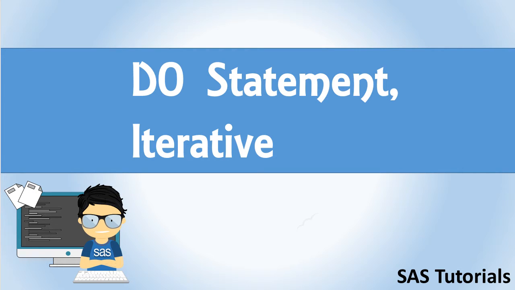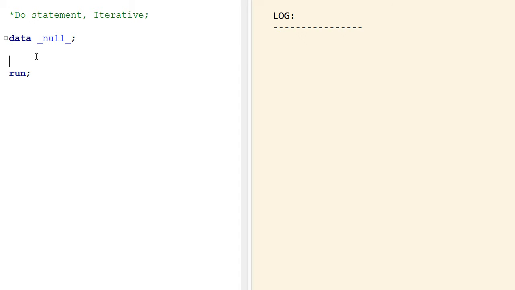Hi everyone, in this video we're going to talk about how to use the do-step in iterative into the data step, and we're going to see through examples the different ways of how we can use it. So let's get started. So the first thing we need to do is write the do statement,